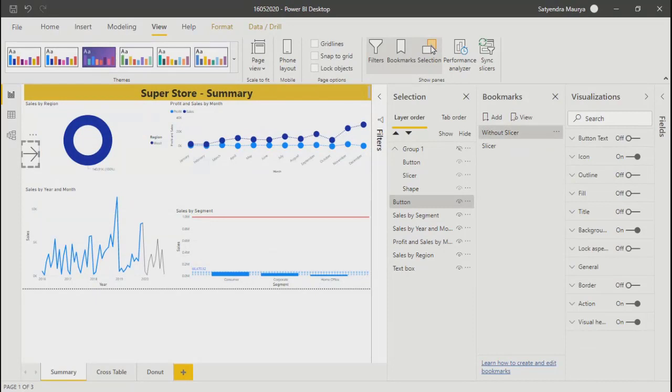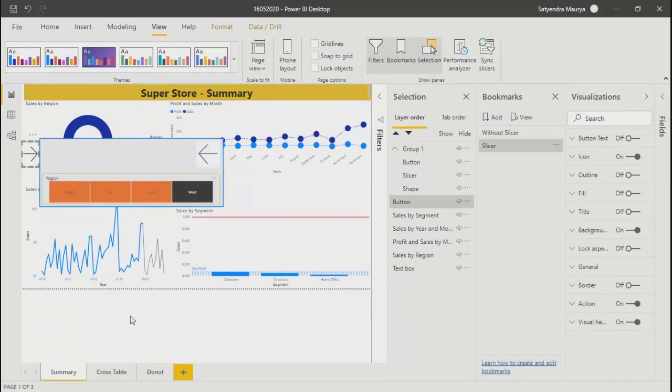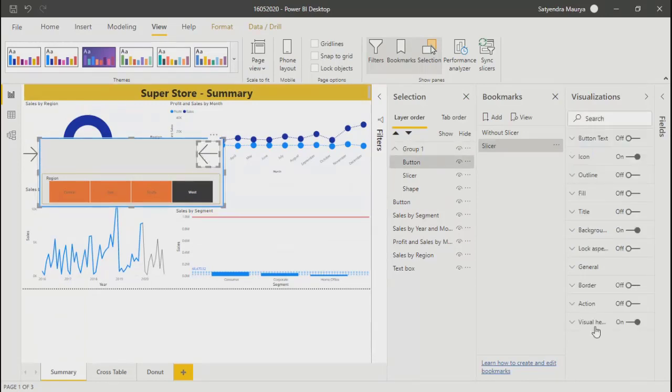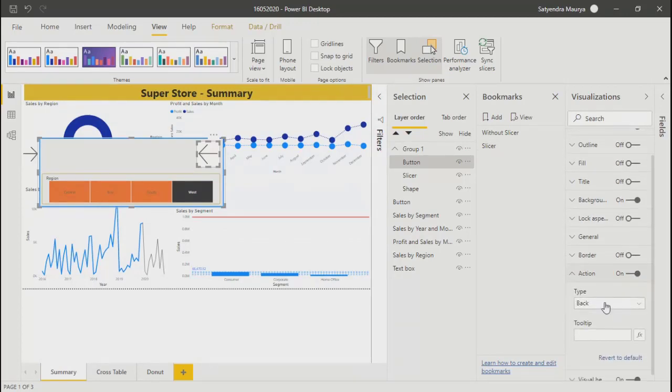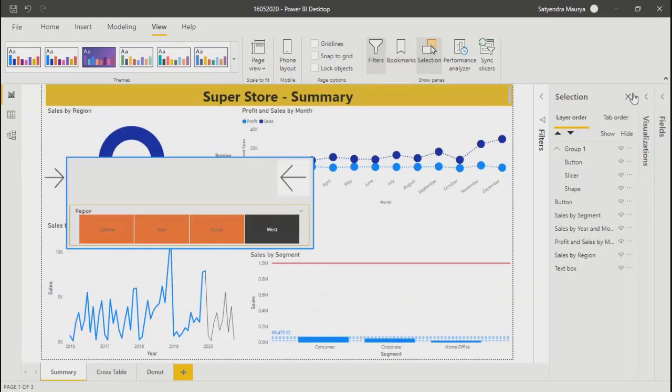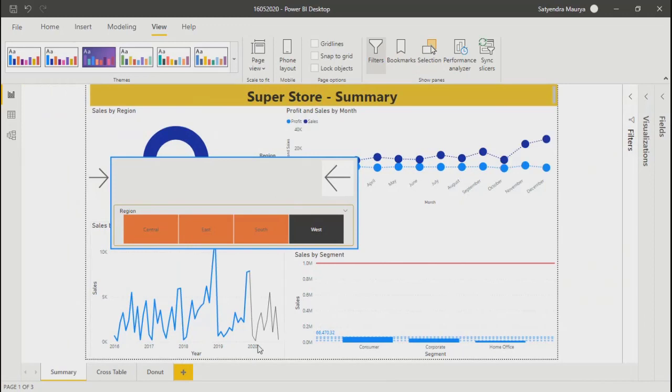Okay, fine. Now what I'm going to do is, when it is slicer, I'll select this button, and under this button I'll put another action, and over here I will choose the bookmark without slicers. Fine. So if you see, two bookmarks are there and visibility of this is kind of set. So what I will do now, I'll just close this tab also, minimize this, and selection is also not required. So on the dashboard, you will get this page.